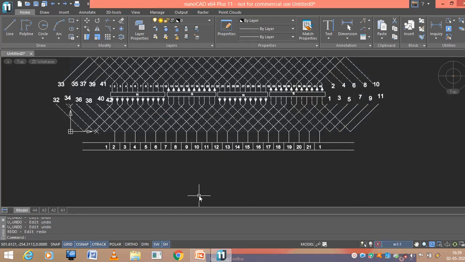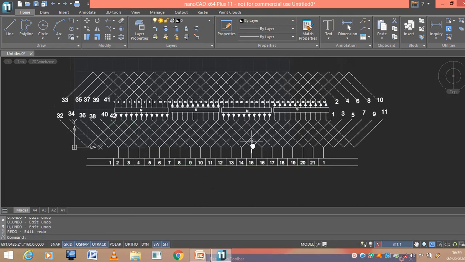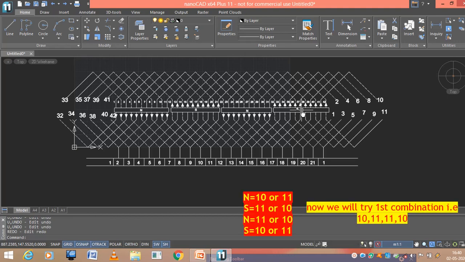Okay, now you can check for the position of the brushes. You can check under this north pole, south pole, north pole, south pole. Nowhere are you getting a location to place the brushes. So in such a case, what we need to do is interchange the conductors between the north and south. For example, here under this north pole I have 11 conductors, under this I will be having 10 conductors. So let us interchange this. So 10 conductors under north pole and then 11 conductors under south pole.